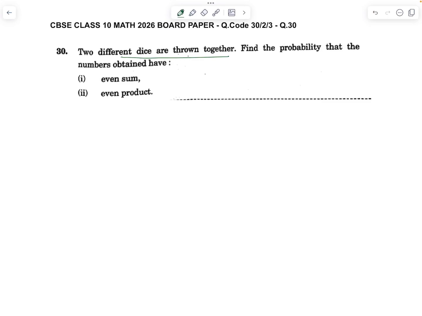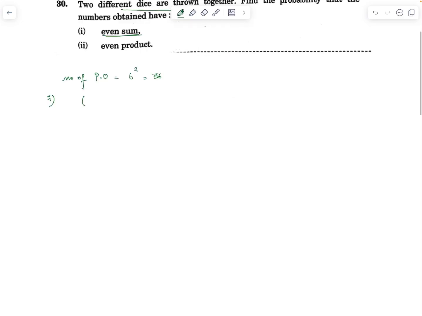Here, two dice are thrown together. That means the number of possible outcomes is equal to 6 squared, which is 36. Suppose the first die shows up 1 and the second die also shows up 1. Now the sum of these two is 2, which is even. It could be 1 in the first and 3 in the second die, 1 and 5, 2 comma 1, 2 comma 2, 2 comma 6,